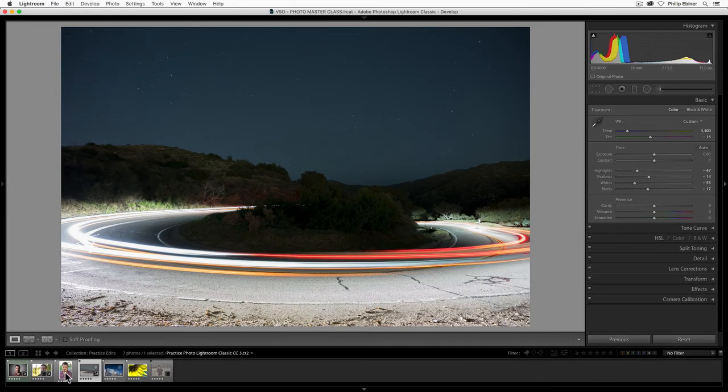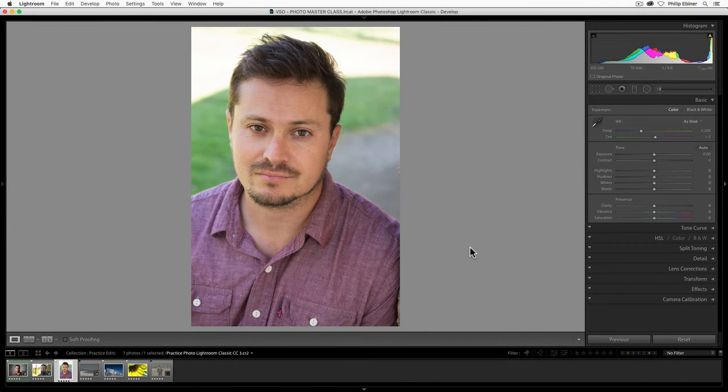Now, let me bring in this photo right here, which was one of our examples. Not the greatest portrait in terms of composition because we've got this big, bright background that's super distracting. This line going through Will's head, it's not that good of a composition or framing. But with editing, we can fix some of these things, make it a little less intense. So this is a highlight up here. So what would we adjust? Either the highlights or the whites. You've got to sort of play around. Some of it might be the highlights. And if I drag this to the left, you can see I get some of that information back.